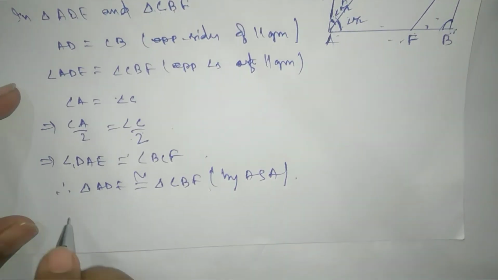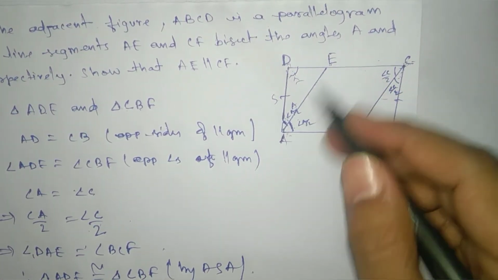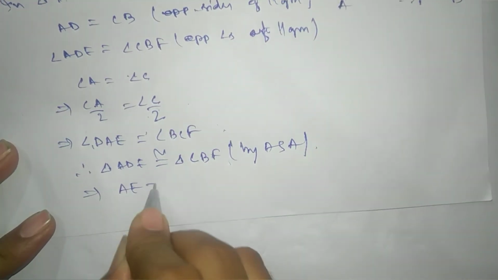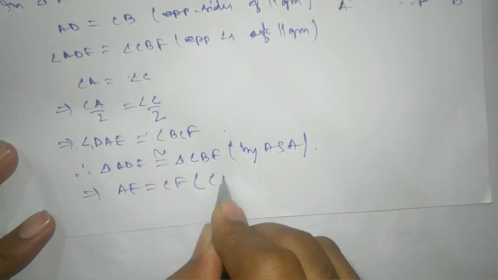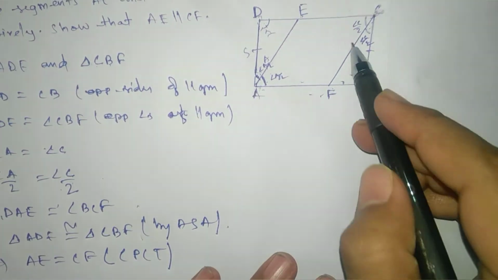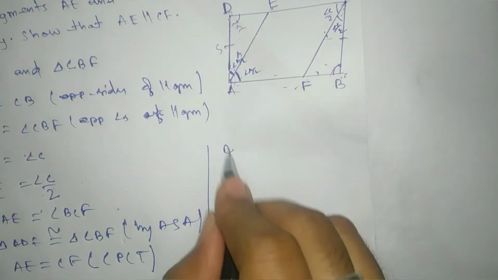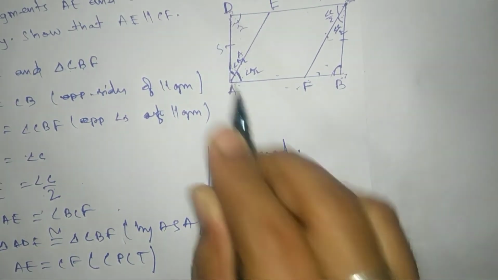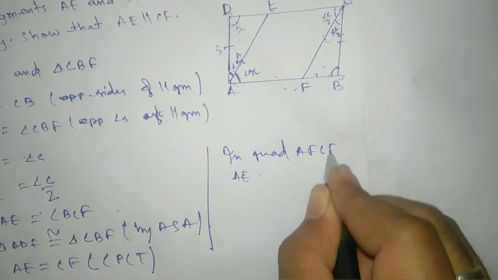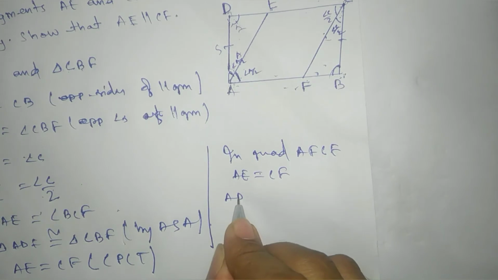If these two triangles are congruent, then their corresponding parts are equal, that means we can say AE equals CF. So mention here AE equals CF, by CPCT. As these two are equal, and in quadrilateral AFCE, as you can see here AE equals CF. And what you can see is that AF